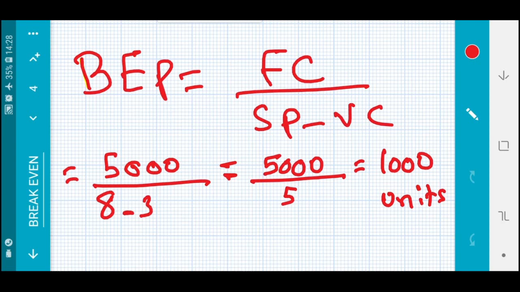It's a rule that can tell you immediately the break-even point, so there is no need to draw a table. It will take 1 minute to finish everything once you use this rule. Break-even point is the fixed cost divided by contribution, or selling price minus variable cost. So the fixed cost, 5,000, divided by 8 minus 3 equals 1,000 units. So now I know that the business should produce 1,000 pairs of shoes so that it makes no profit, no